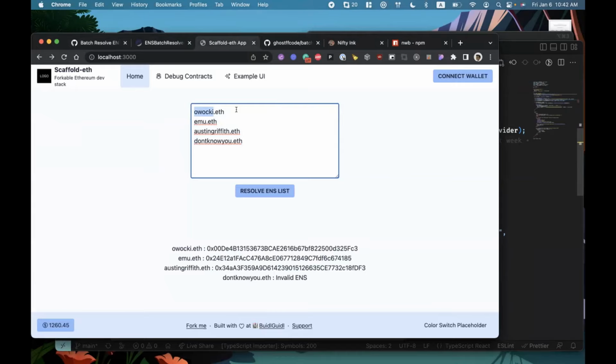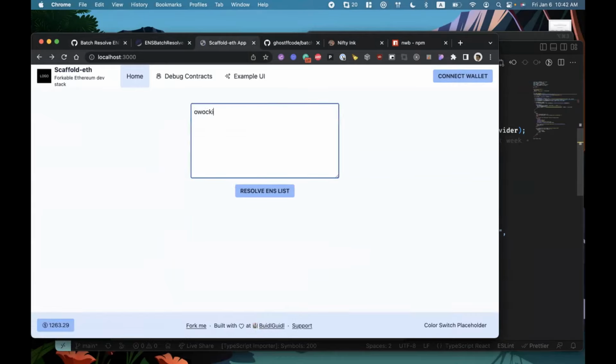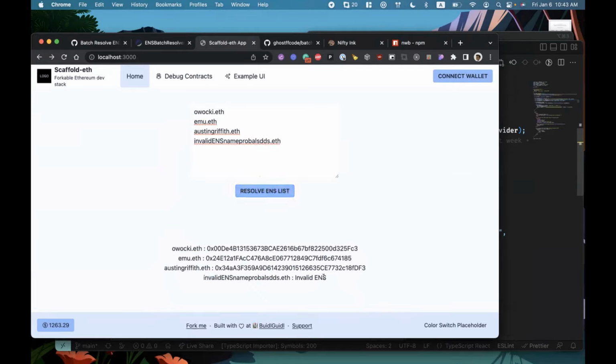I can reload this, type in a couple of ENS names, let's say Austin.eth, and let's go with some invalid ENS name that probably doesn't exist, .eth, and then we try to resolve those. It tells you that this is an invalid ENS, and Austin, if you can confirm this address and remove this address. So it's a way to use multicall